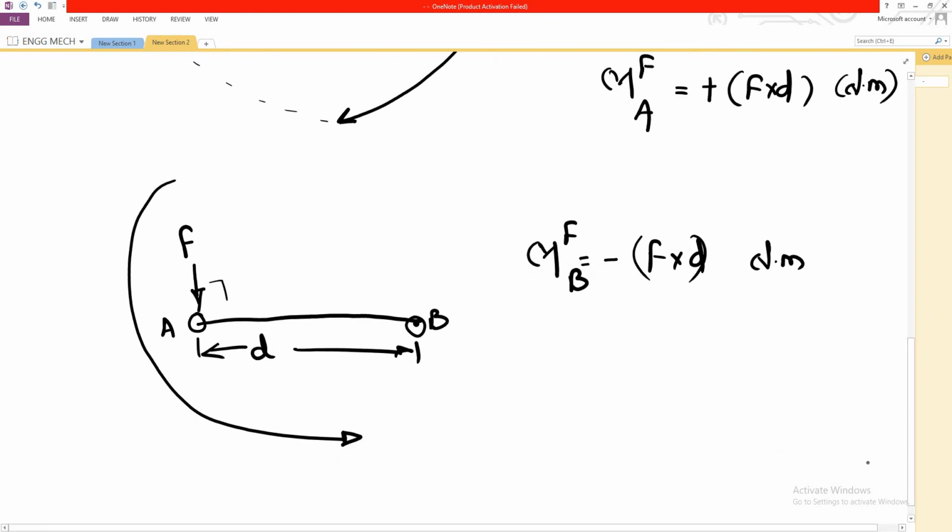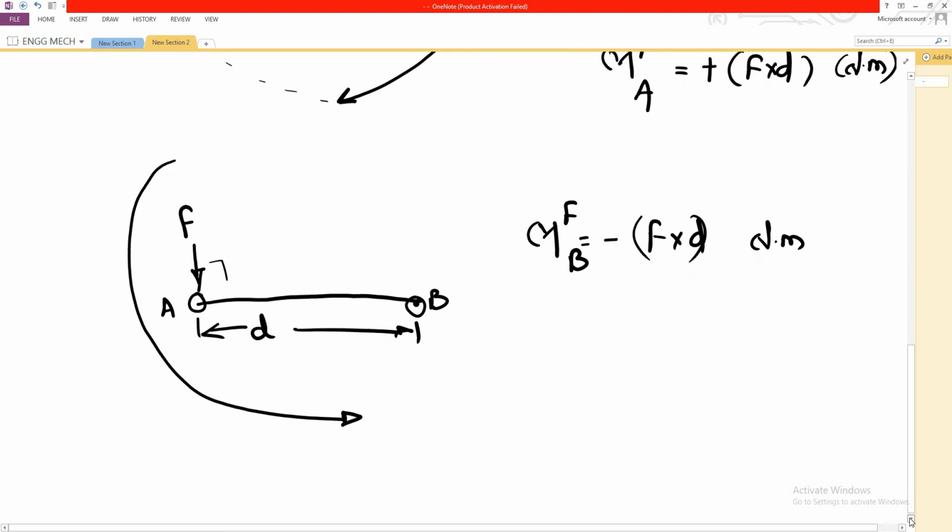In the second example we are seeing how negative moment is being generated. Here positive or negative means clockwise or anti-clockwise. Now another question that is left out in this discussion: we are saying that we can take as many points as we want in order to calculate some moment. We saw moment of force with respect to A, then in the second example we saw moment of force with respect to point B.